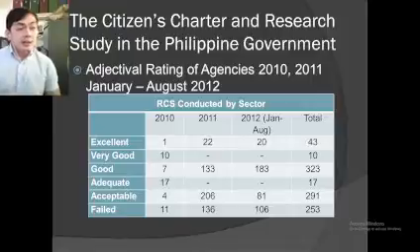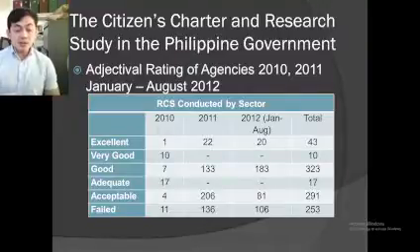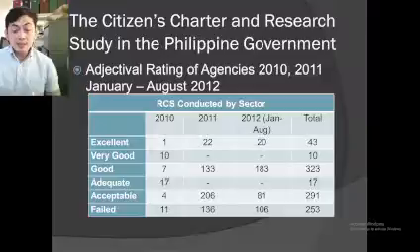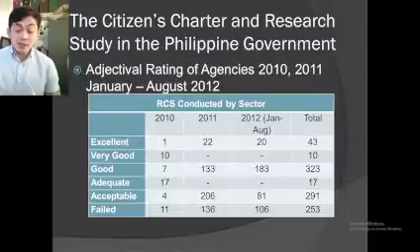Now, on the adjectival rating, the CC was also used as an imperative measure in granting the performance-based bonus as mandated by Executive Order 80 issued by President Benigno S. Aquino III in 2012,